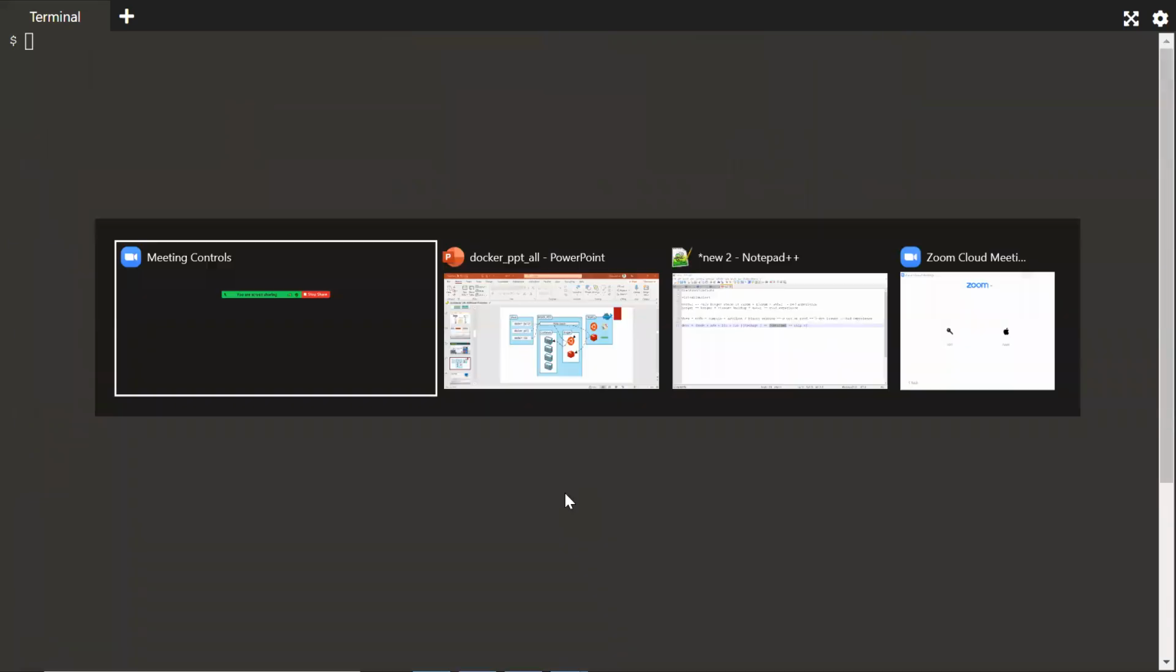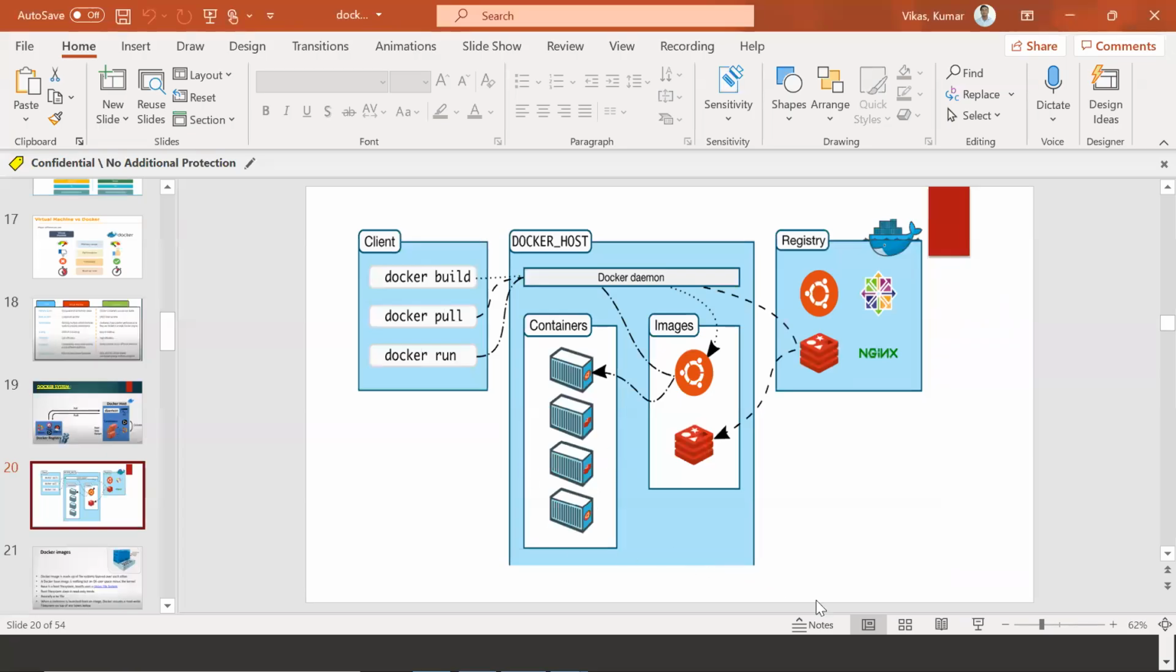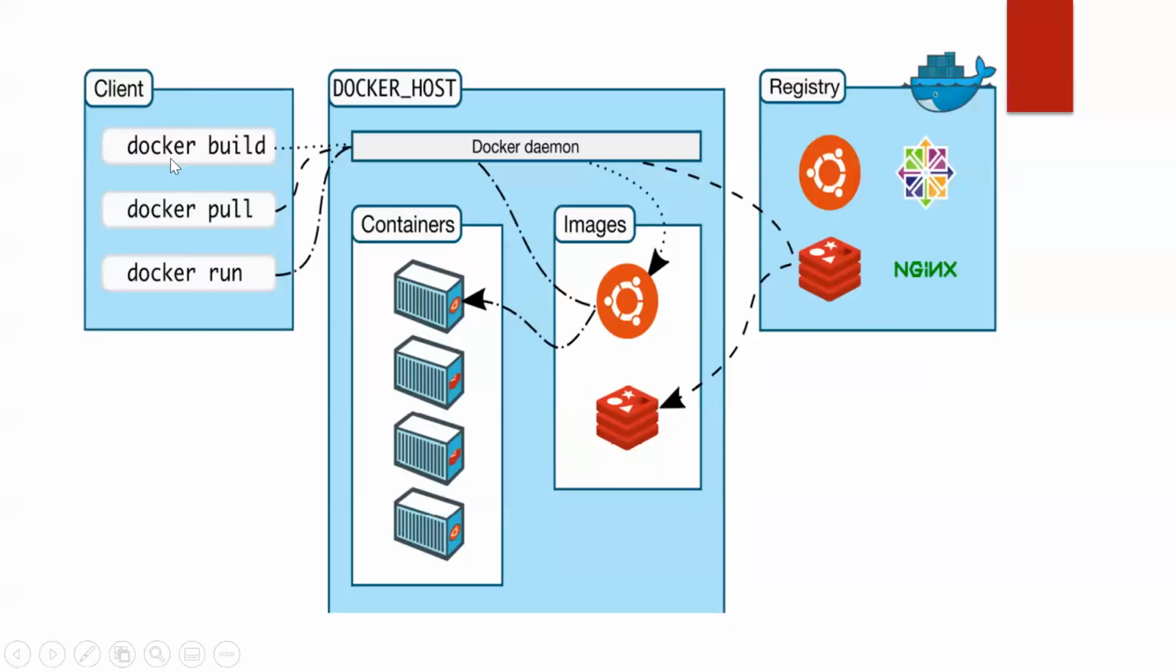But before that, let me go here and talk about this guy again. So we started with the first component, which was Docker client. And I told you Docker client or Docker CLI is the place from where you will be running all your commands like Docker build, Docker pull, Docker run. So I will teach you all those things. But as of now, just know that there is something called Docker client, Docker CLI, where I run all my